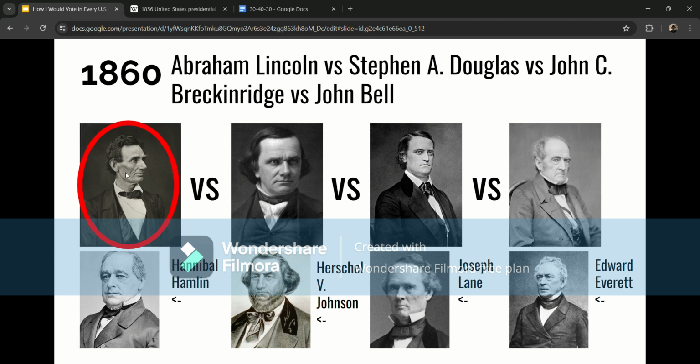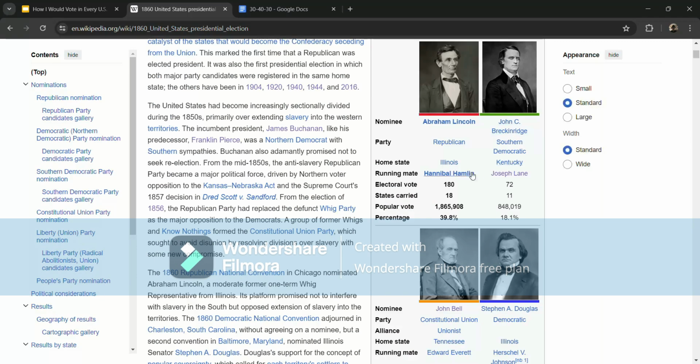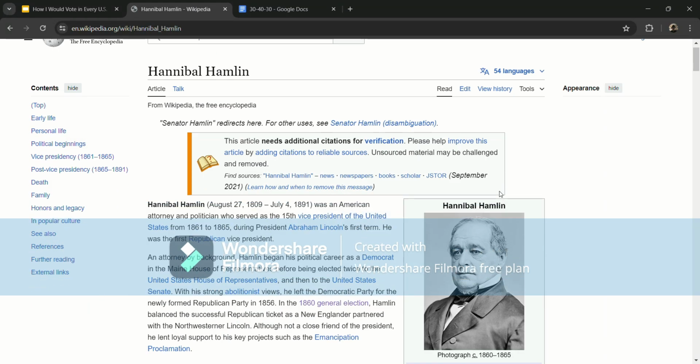Experience-wise, Lincoln was one of the least experienced candidates ever to run for president. The only thing that he had was one term in the House of Representatives representing Illinois back in the late 1840s, and he hadn't been in office for 11 years. One term in the House. That's it. His running mate, Hannibal Hamlin, was from Maine, was briefly governor of Maine, but was in the House